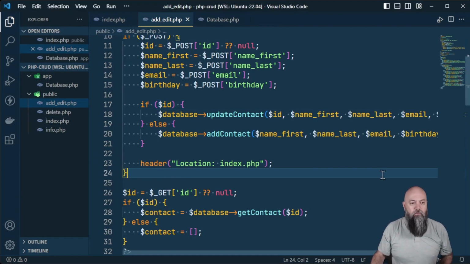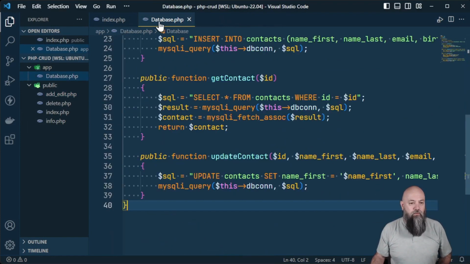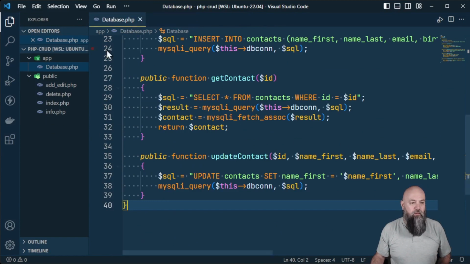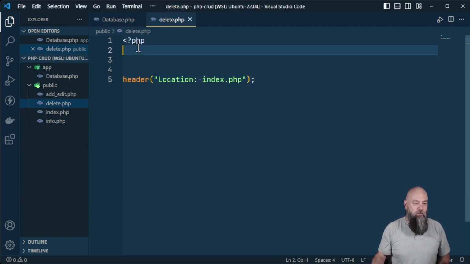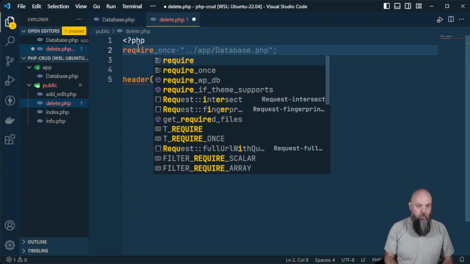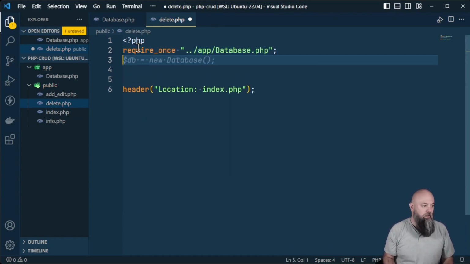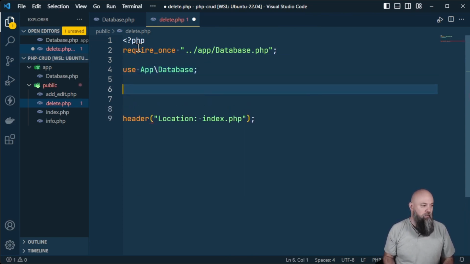We'll look at it here. So we're going to close all this down. We're going to leave data. We're going to need database, so we're going to leave that open. So we're going to do delete. And so delete's going to have a lot of the same things. We're going to need that require. Require once database, use app database, database